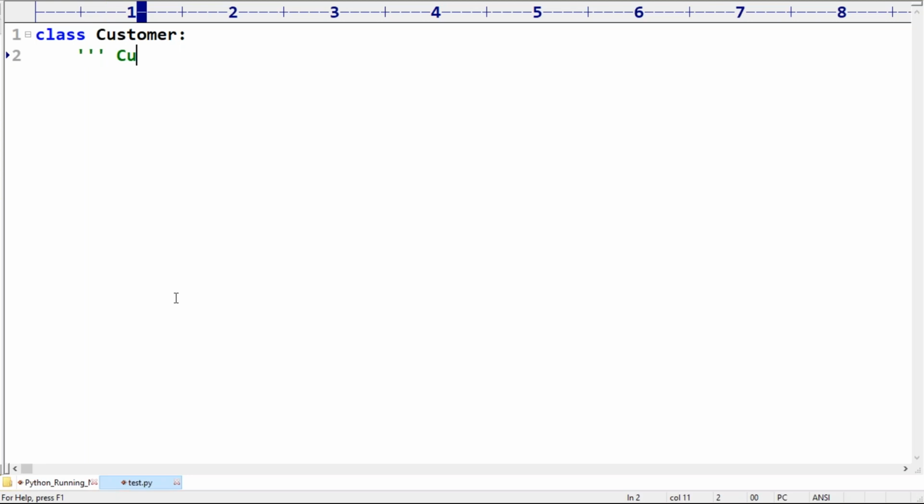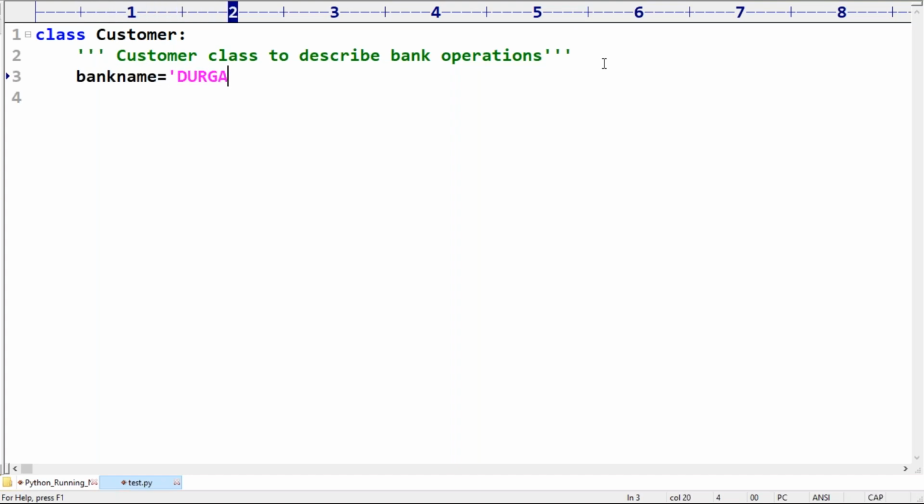Now bank name is equal to Durga Bank. Is it a static variable or not? Yes, because for all customers the bank name is always the same.